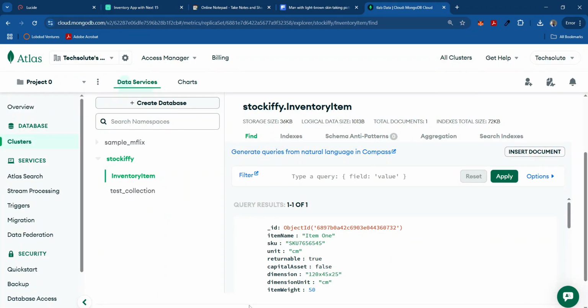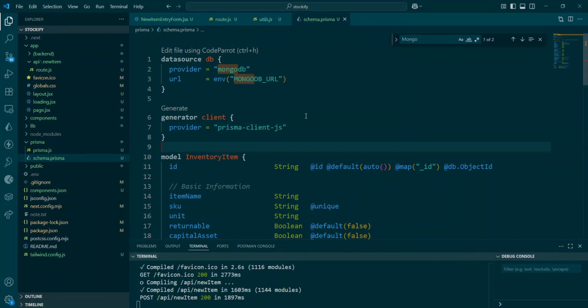This is how the application connects and communicates with the database. We are accessing the MongoDB URL, which is an environment variable. This is created in our .env file in the root